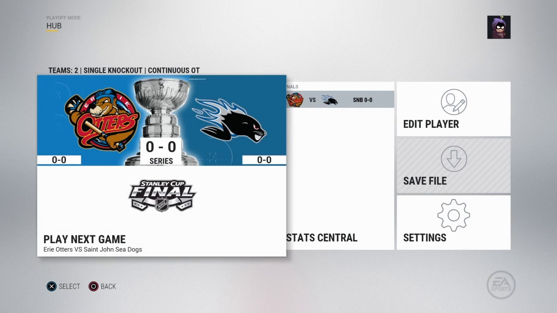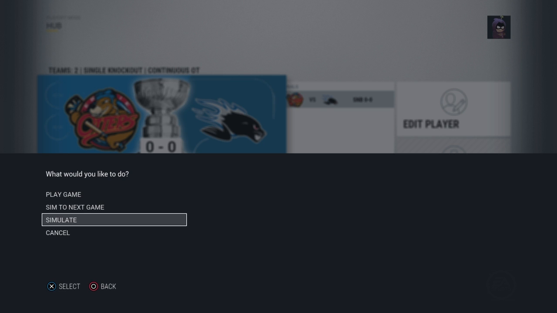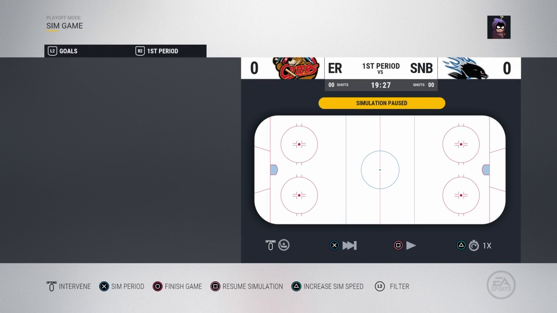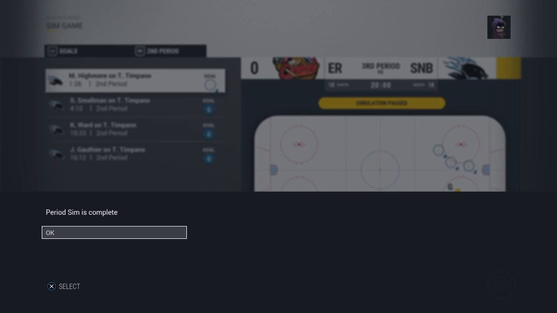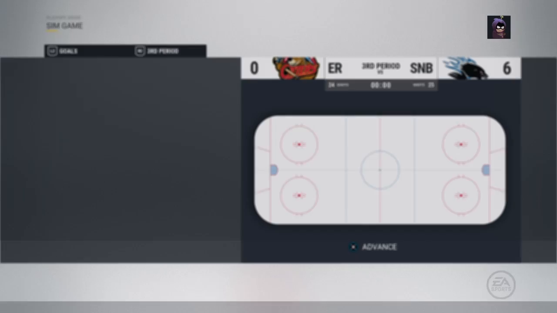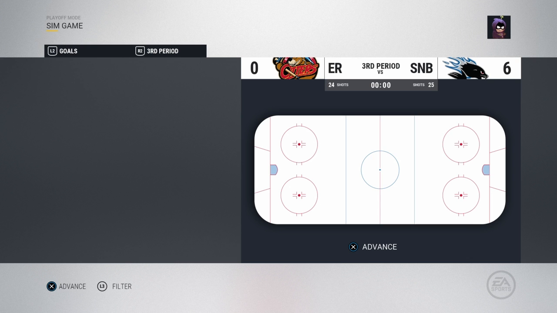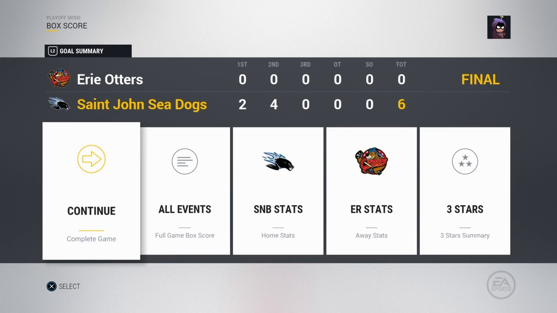All right, well, here it is, the final game for the Memorial Cup. Erie versus St. John's. So hopefully Erie can bring it home. Now, obviously, I'm a little biased. I'm in Ontario. I watch all these teams, but I've got to give the edge to Erie. They have a great squad, so hopefully they can get it done. I want to see the Ontario team get it. We'll see what happens. After the first period, St. John's has a 2-0 lead. Second period here, it's 6-0. All right, that was anticlimactic. St. John's absolutely runs over Erie. And St. John's are your Memorial Cup winners.